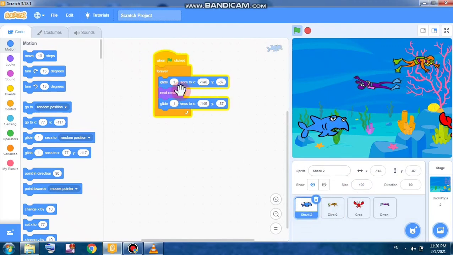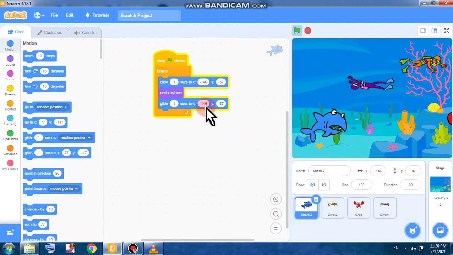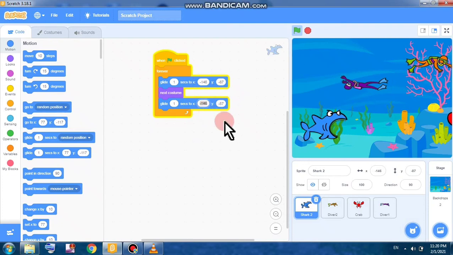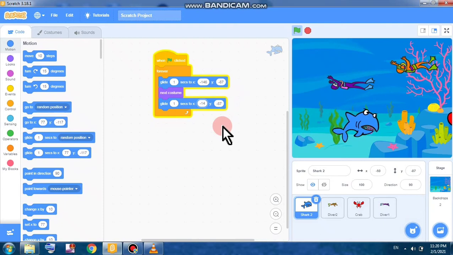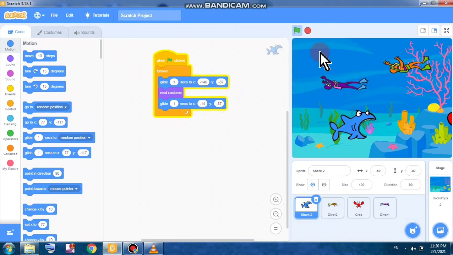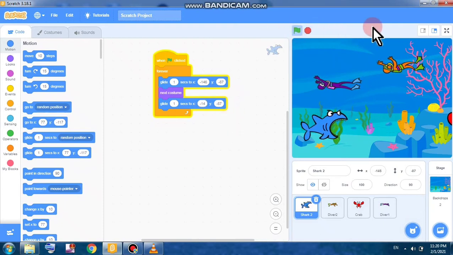Let me just try to just change these positions. Okay, so now I am just pausing it.